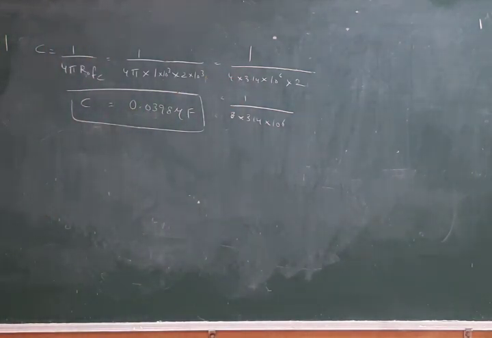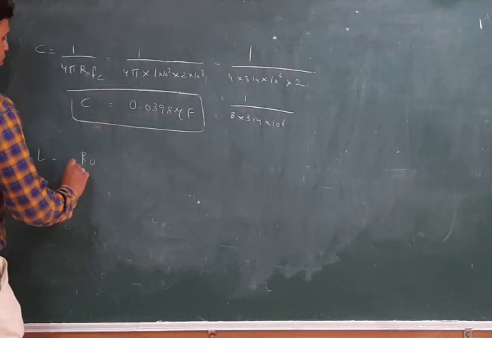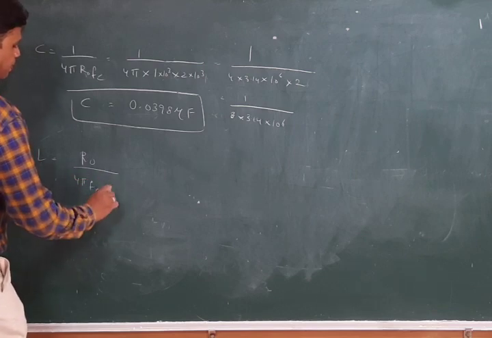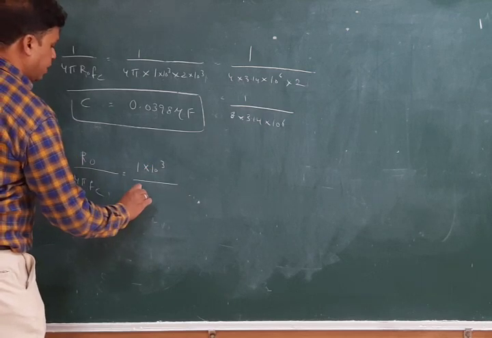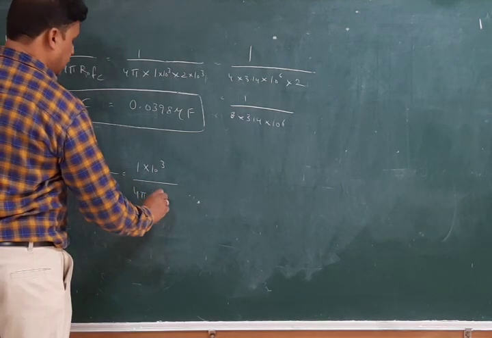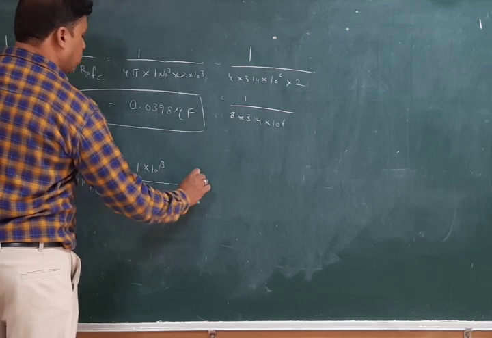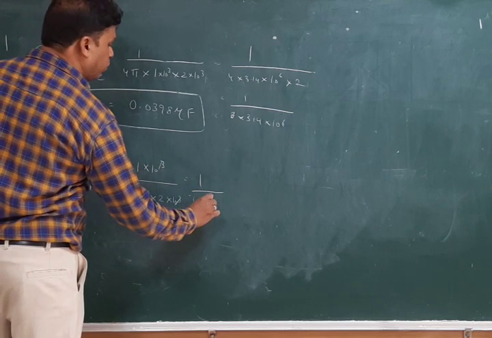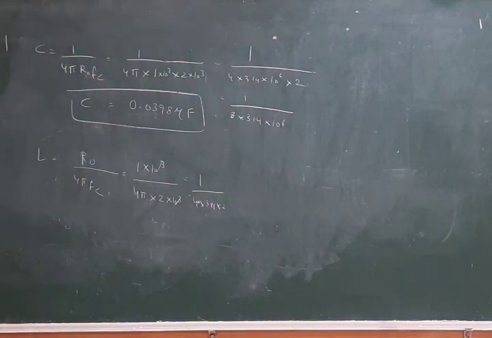And next, you have to find out the value of the inductance. The capacitance value is given, and what is the inductance? Inductance is equal to R naught by 4 pi Fc. So what is R naught? 1 kilo ohm, that is 1 into 10 cube, divided by 4 pi into Fc. What is Fc? Cutoff frequency is 2 kilohertz, 2 into 10 cube, that gets cancelled here. 1 by 4 pi, 4 into 3.14 into 2. So what you get here is